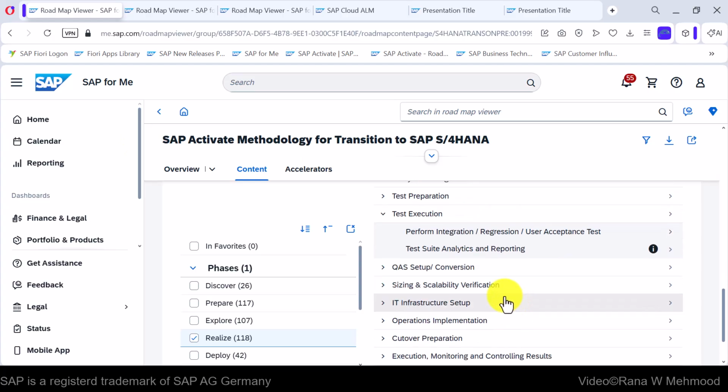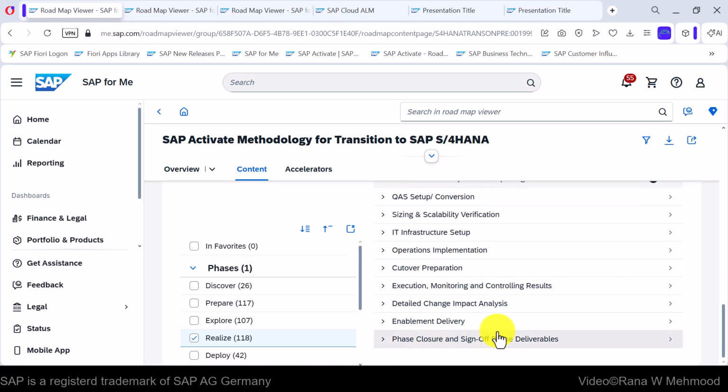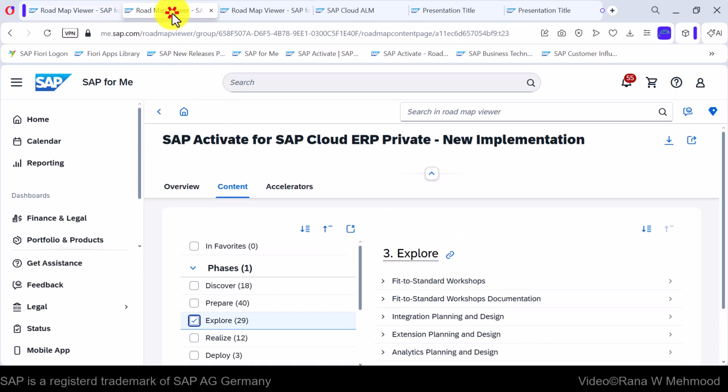Further, we have IT infrastructure setup, cutover preparation, enablement, delivery, and finally phase closure and sign off phase deliverables in this Realize phase. Similarly, we can view the tasks and content for Realize phase for private cloud,